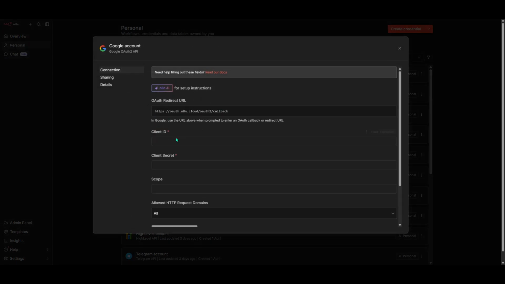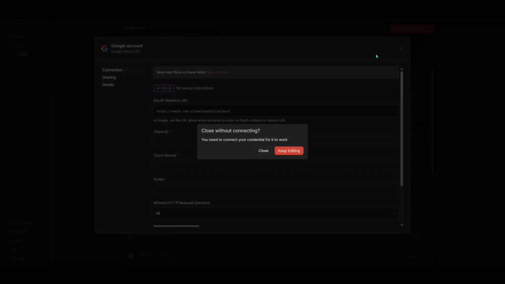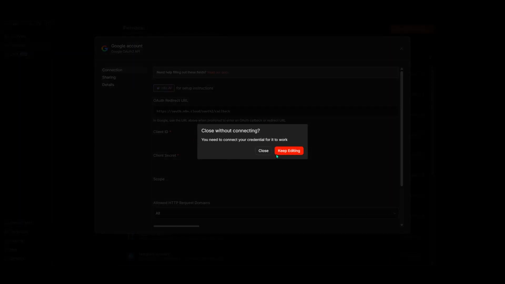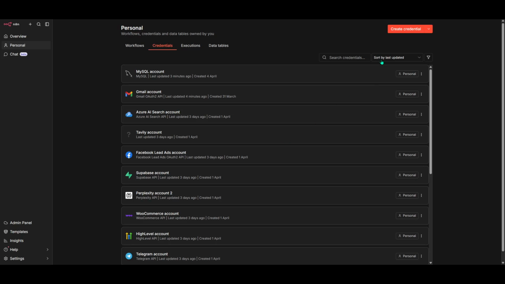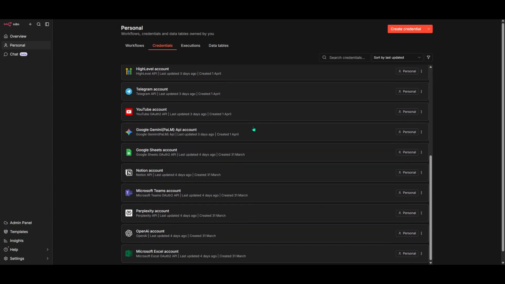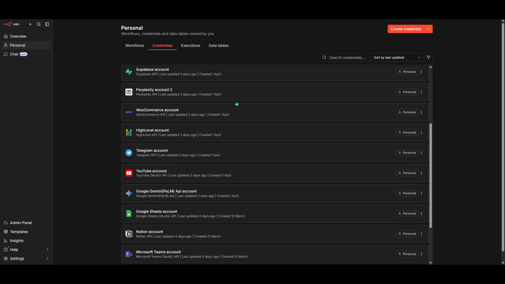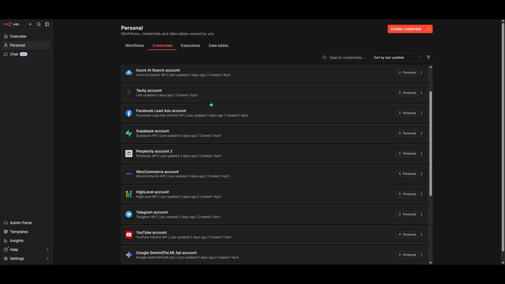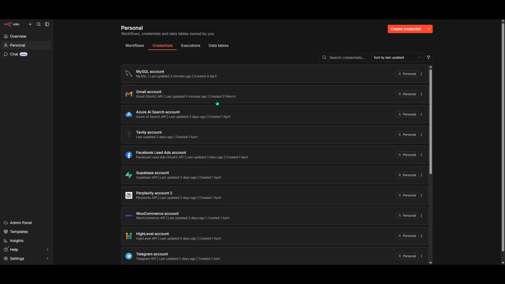Give your credential a clear, memorable name so it's easy to find later, especially if you manage multiple environments or projects. Keep your key private and restrict it on the Google Cloud side to the specific APIs and referrers you actually use. That's a best practice for both security and cost control. Once everything looks correct, click Save, and n8n will store the credential securely so you can reference it across any workflow